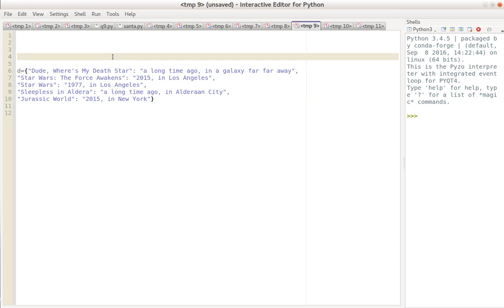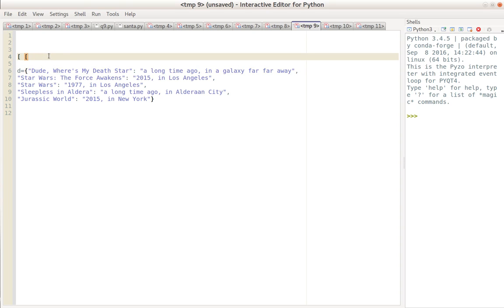So the approach I want to take is the same approach that I suggested for Lab 8, which is to convert this dictionary into items and then to sort the items. So ideally, what kind of thing do we want here? Ideally, we'd have a list that's kind of like that. So it's going to be a list of lists where this would be